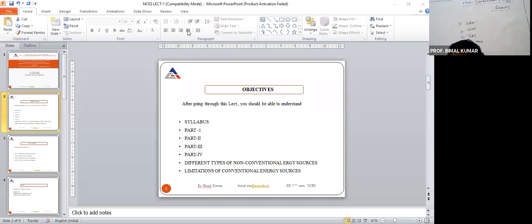So in part 1 of the syllabus, there are 2 chapters. One is introduction and second is MHD generator. In the introduction part, we will discuss just limitations of the conventional types of the energy sources, need and growth of the